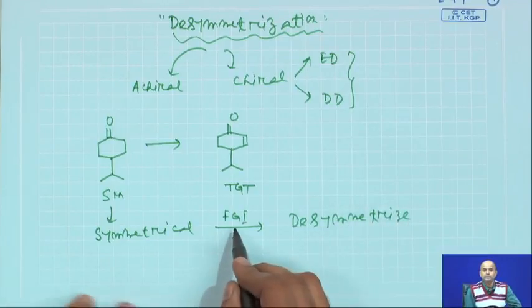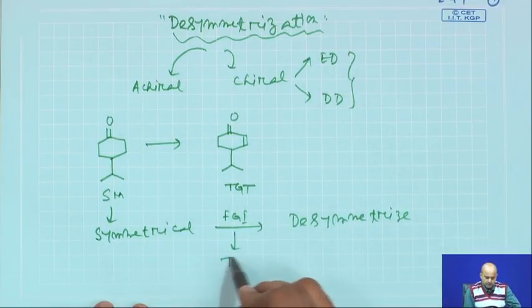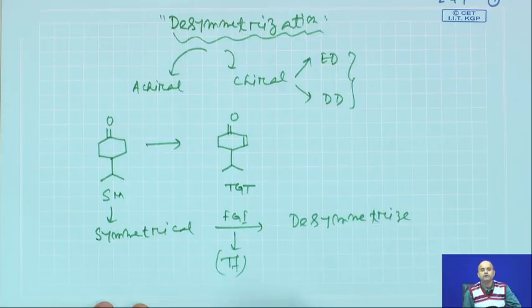Now, how do you do the FGI? These FGIs are the key transformations we have already discussed. The FGIs are very simple, the same FGIs which you have already learned, we will use those things, but the concept is the starting material will be a symmetrical starting material. You basically need to do it in a straightforward simple way,